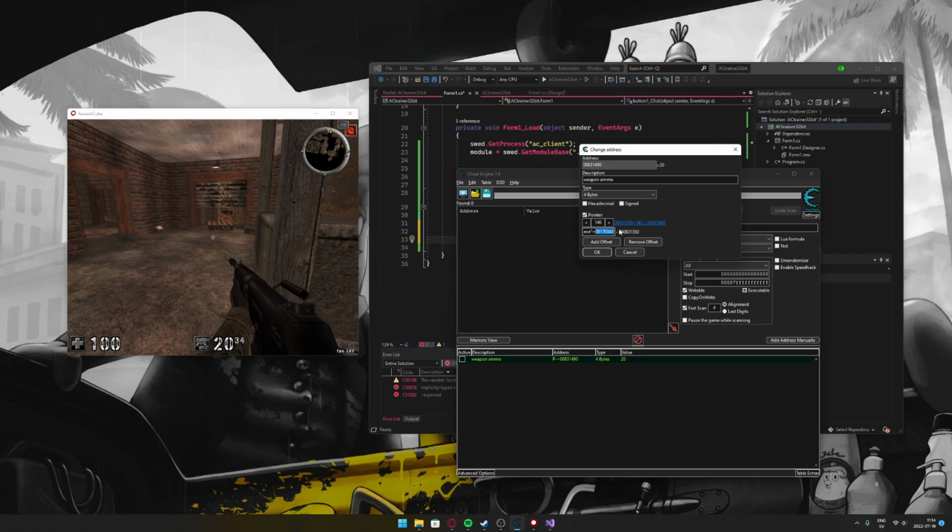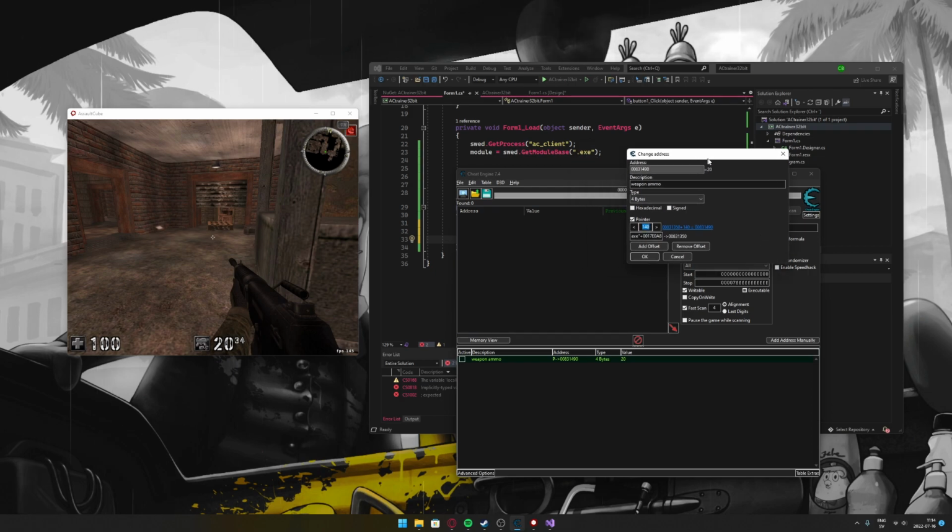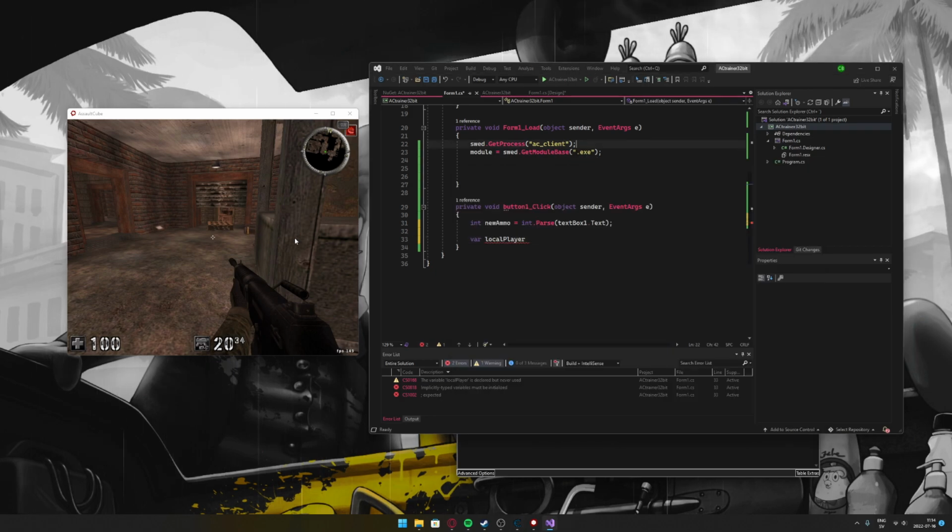I haven't really tested it that much, but it seems to point to our player a lot of the times, and with the offset 140 we get the memory of the ammo of the rifle. I'm sorry, I'm a bit sick, got a cold, can't think straight, but we have our local player, which is